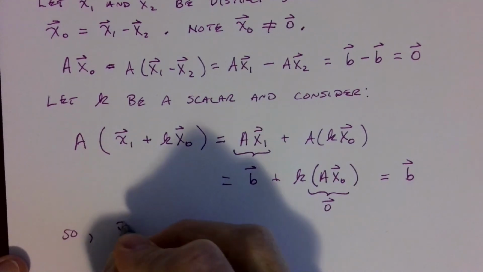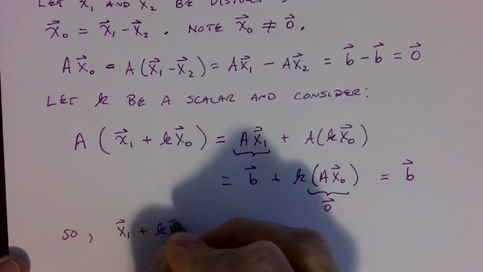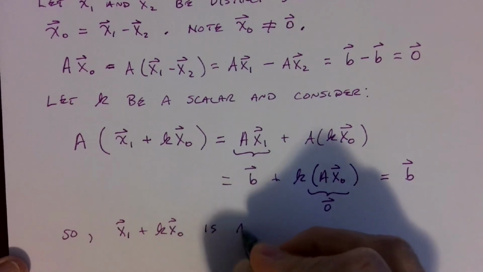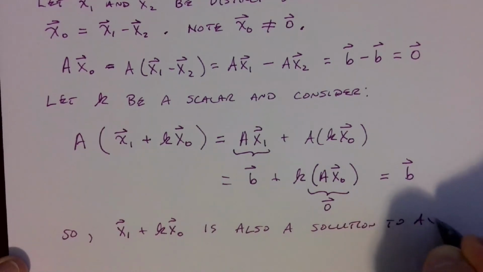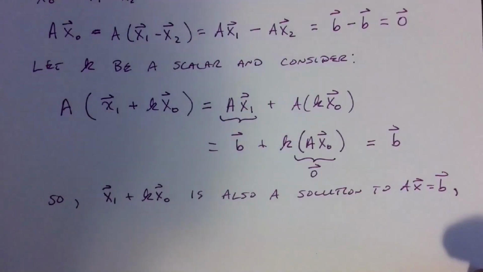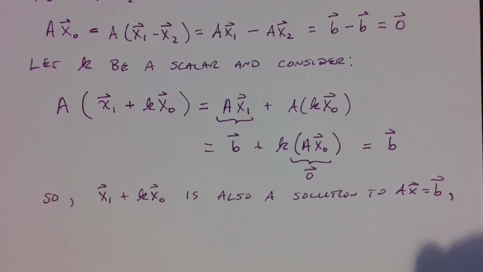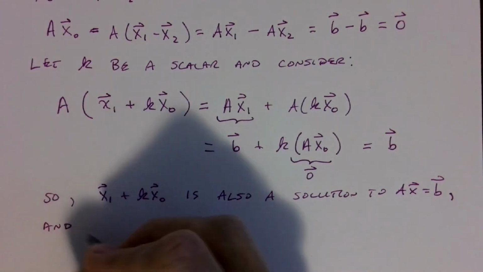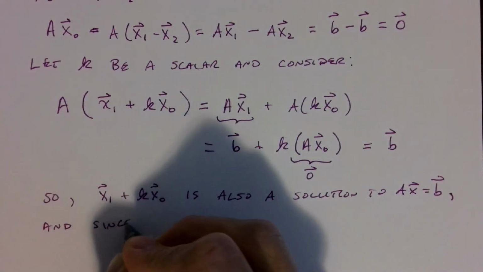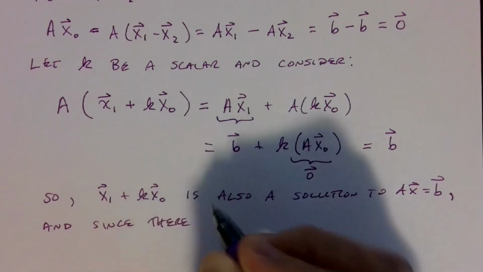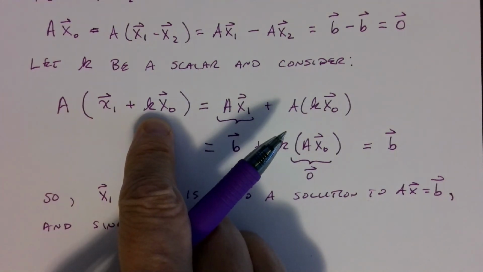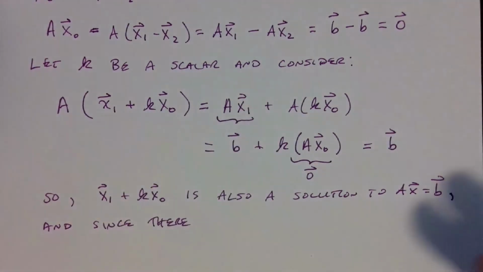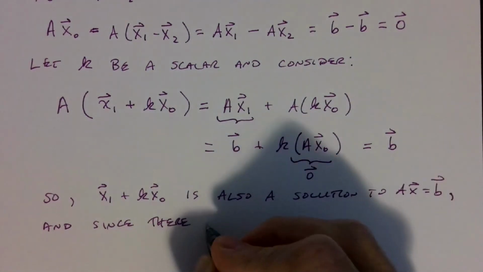So x₁ plus k x₀ is also a solution to Ax equals b. Now, put a comma there, right? So it's also a solution. And here's the kicker, here's the clincher. Since there are, how many choices are there for this scalar k? k is any real number. How many real numbers are there? Infinitely many. So since there are infinitely many choices for k,